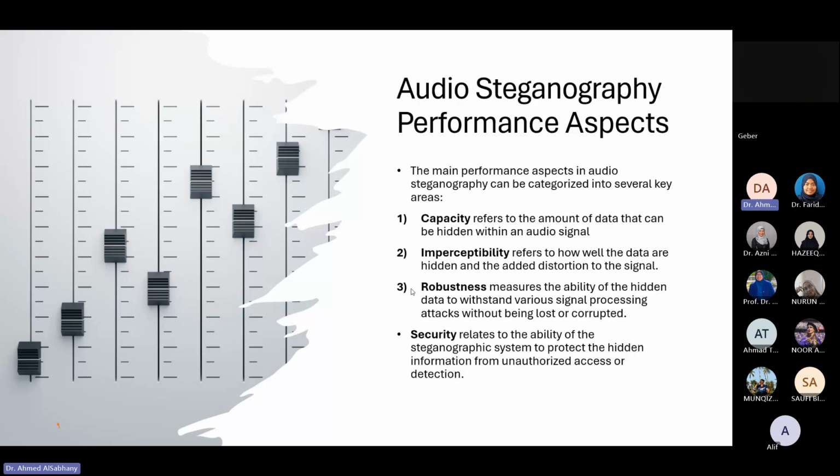The security actually affects all of these, and it relates to the ability of the steganographic system to protect the hidden information from unauthorized access or detection. So the security,